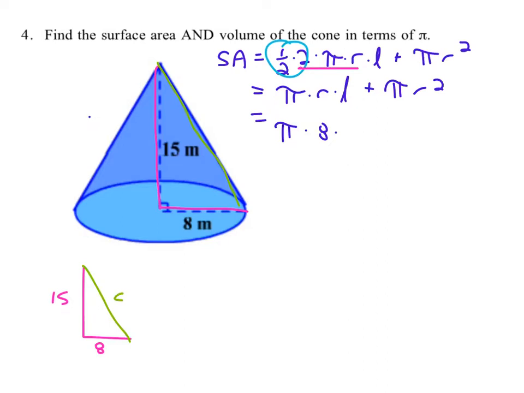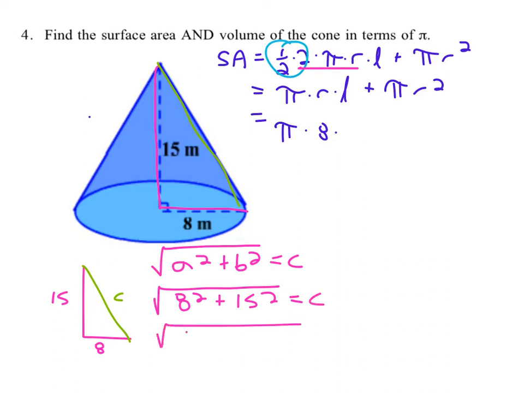So what we've got is a squared plus b squared equals c squared, or a squared plus b squared, all square rooted, will equal c. You should be able to write the Pythagorean theorem this way with ease, just knowing that a squared plus b squared equals c squared, and that you're going to have to square root it anyway, so let's just write it like that. So we say, okay, the square root of 8 squared plus 15 squared,